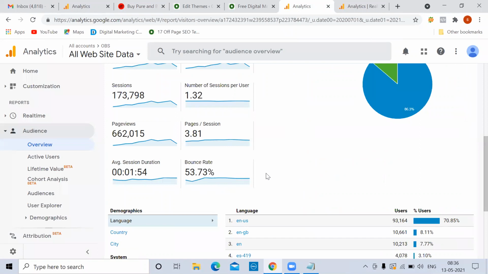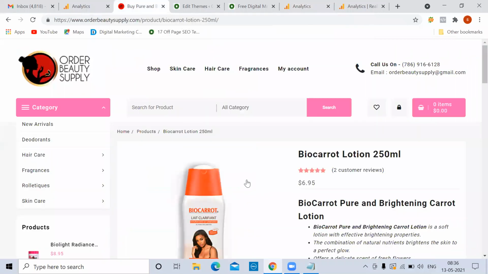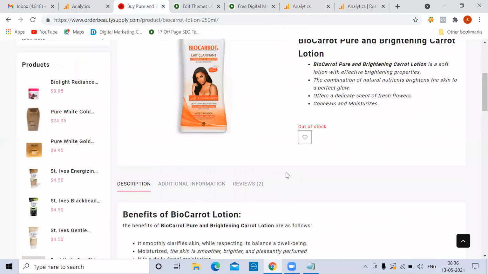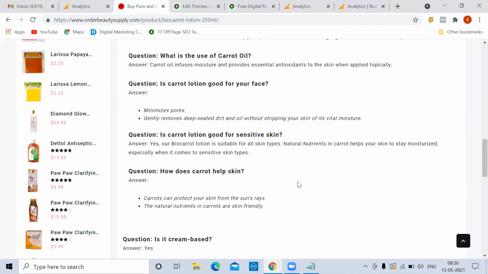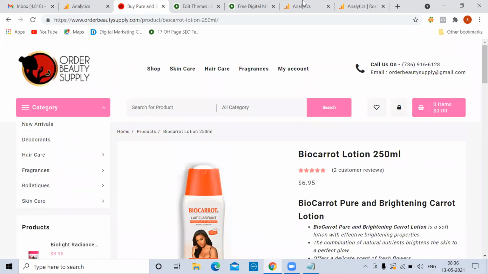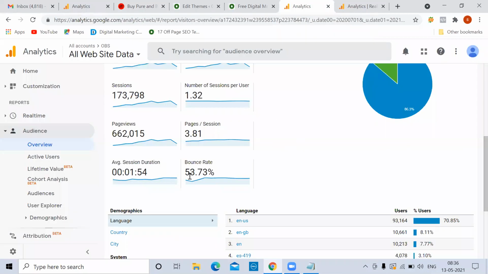It means out of 100, 53 people have quit on the first page. This is much better actually. If you see many other companies, even many of my websites also, have 70 to 80, sometimes 90% bounce rate. Is bounce rate good or bad? See, with bounce rate, either the customer is not happy with the landing page or the customer is completely happy. He doesn't want any more information, he got every information anyway. But anything more than 70% is bad. 53% is good only.